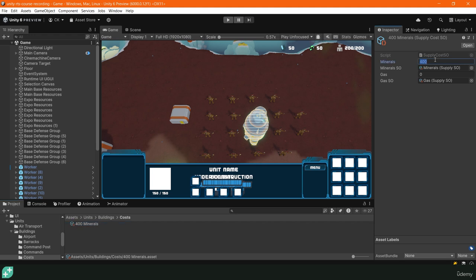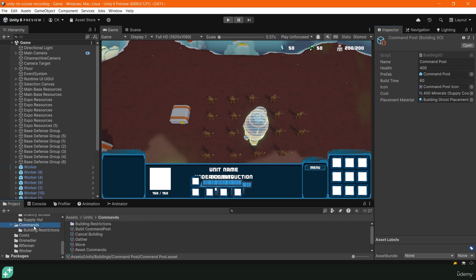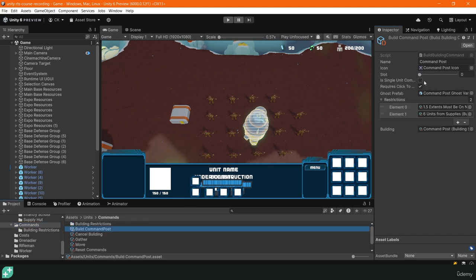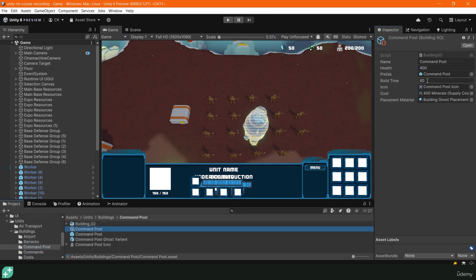Let's keep our 400 minerals supply cost SO to really have 0 minerals so we can build these things without having to worry about gathering a bunch of minerals. And our command post can keep the default 60 build time. We also need to change our build command post command to be a single unit command. That way we'll make sure to abort and only send one command per click. If we click play,